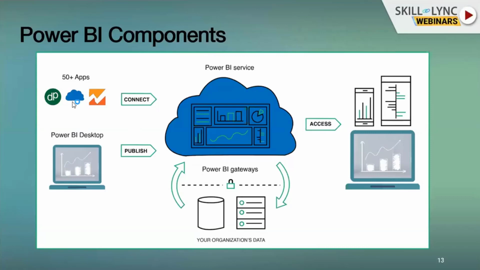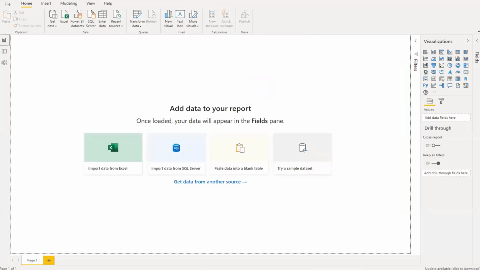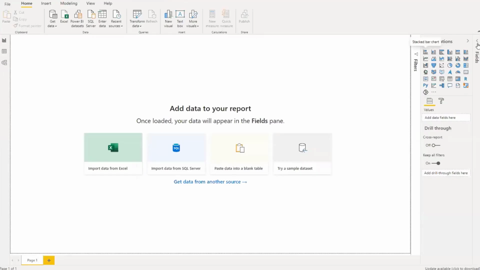So consider, this is Power BI Desktop. Power BI Desktop is a proper application. This is where we'll create a lot of graphs. You have fields.